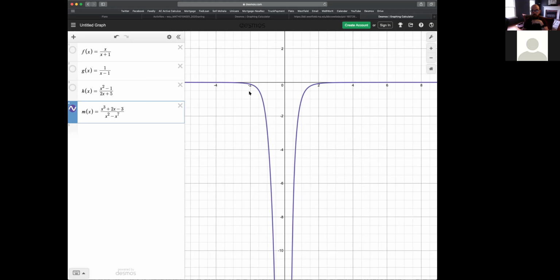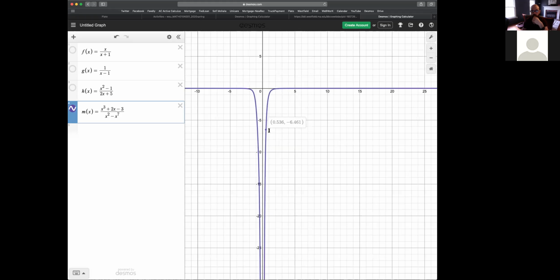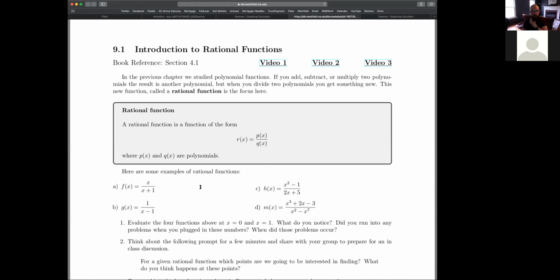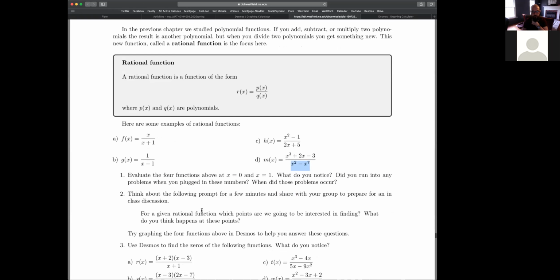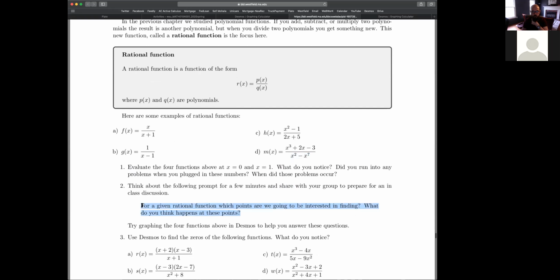So that's interesting to me, right? So we might have to do some work trying to figure out when does this happen where we have a hole, and when does this happen when we have a vertical asymptote. But if we plugged in 0 and 1 into these things, we noticed that if I plug in 1 into this function, I divide by 0, and then 1 and 0 here. And so I gave this prompt. We're going to be interested in finding some points. So we talked about these vertical asymptotes, these holes, but